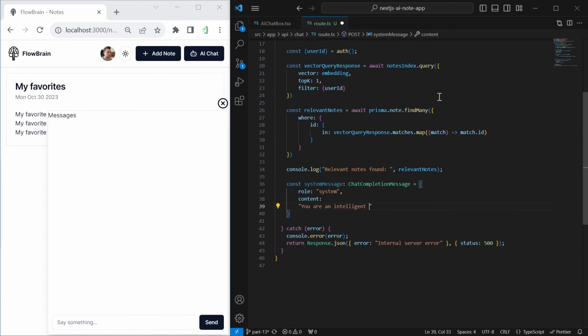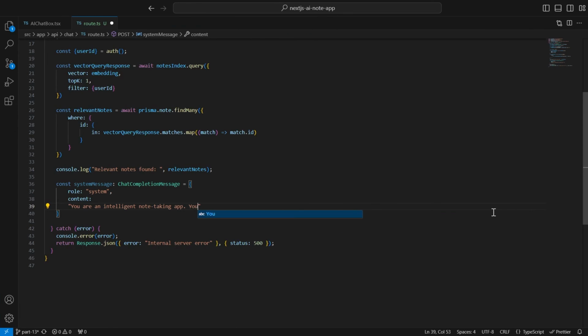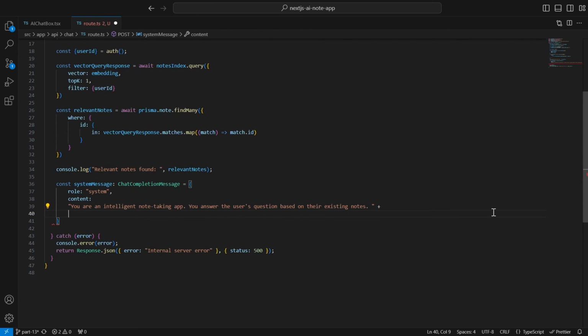You are an intelligent note-taking app. You usually start with something like this. You answer the user's question based on their existing notes. Period, space, because I want to append more text, but I want to put this into a separate line just for readability. So with a plus, we can append another string. Then we say "The relevant notes for this query are:"